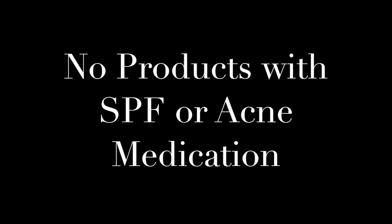Wow. Okay, so what kind of creams and oils can we use with this? You can use anti-aging products that do not contain SPF or that do not contain acne medications in them. Pretty much anything else is okay to use with the ultrasonic device. Wow. So we don't want to use SPF because those molecules are big and they're supposed to sit up on top of the surface anyway. We don't want to use acne products, but other than that, this is the device that's going to help all of the creams, the oils, the serums that you're spending so much money on already, that are already in your cabinet, work better, right? I mean, it's going to penetrate them down where they're really going to be working in